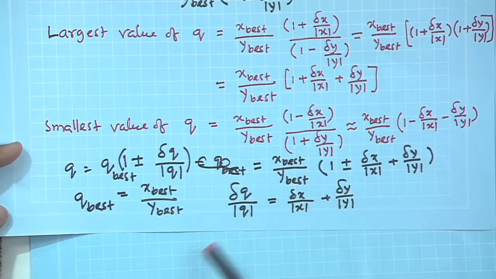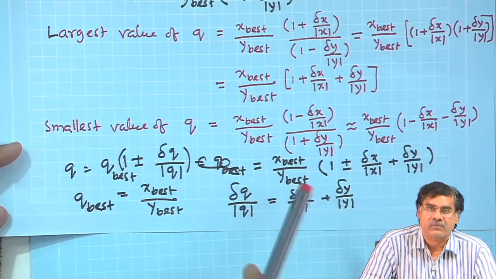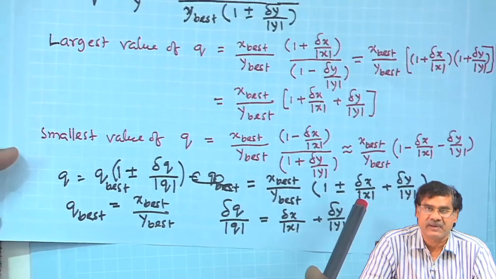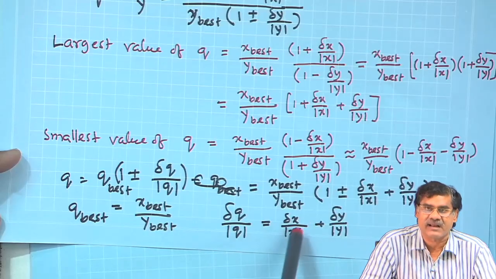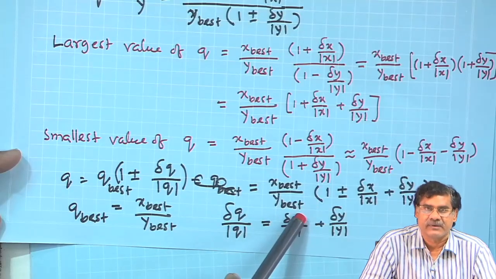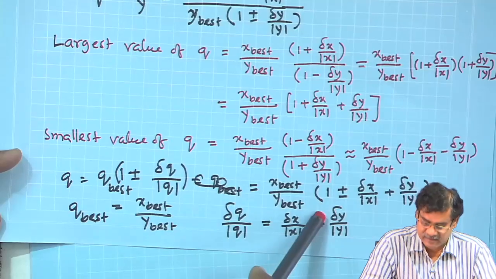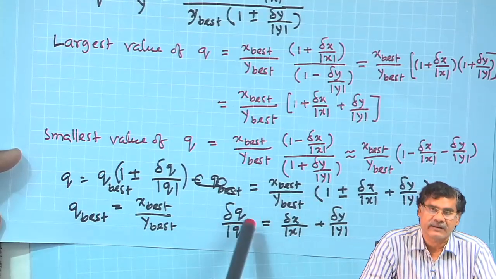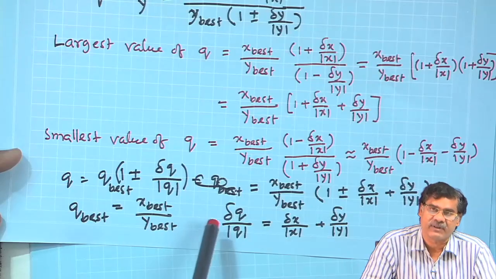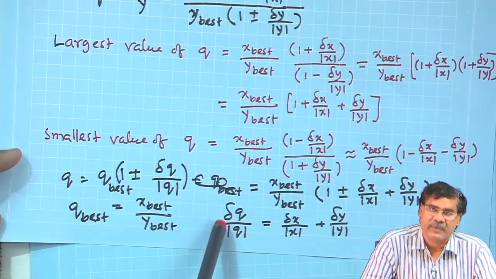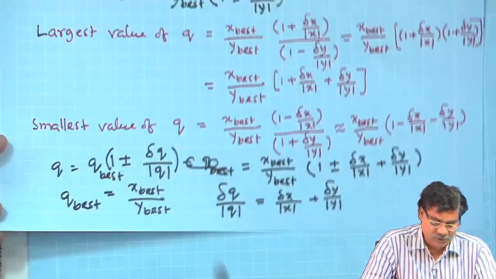Okay. So, either division or multiplication, in that case the relative or fractional errors are added to get the relative error of the calculated parameter. Okay. So, if you generalize it,